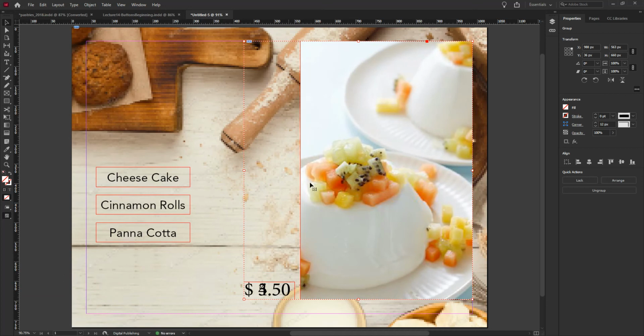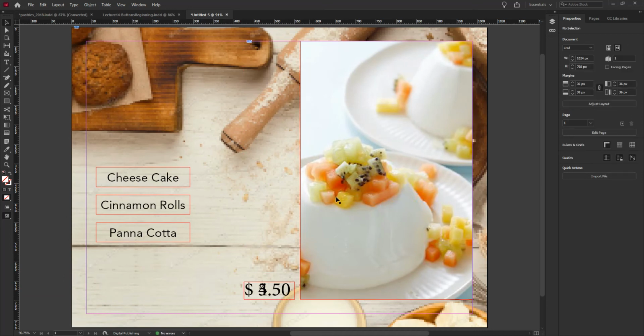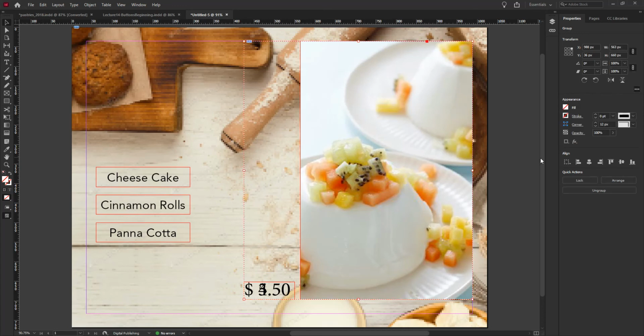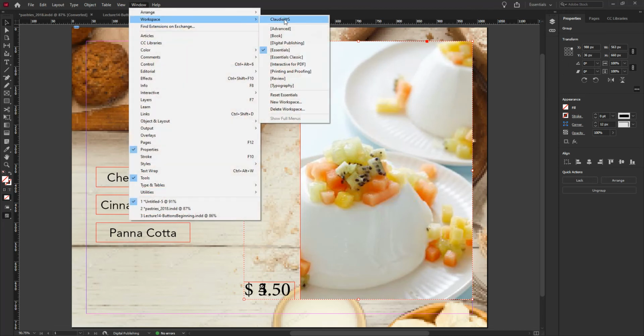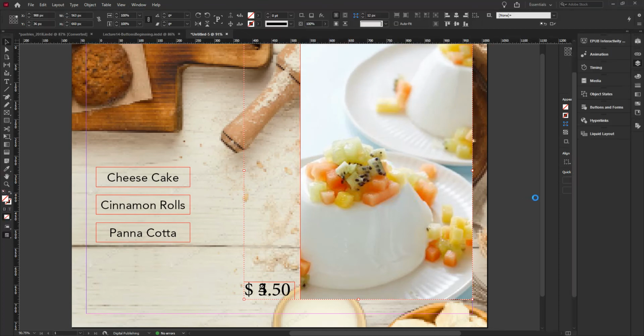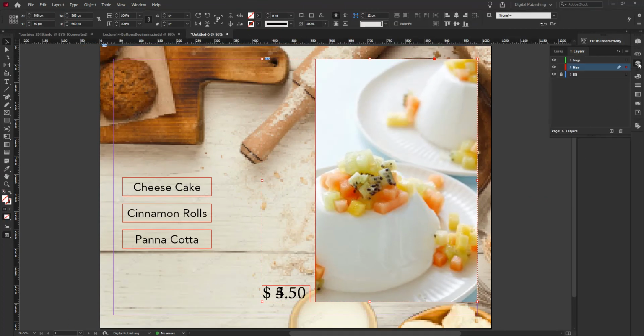Now that I have them all set up this way, I want to start making them buttons. This item here will be a button, and all 3 images will be buttons, and all 3 of these things will be buttons as well. Okay, with that done, I want to go back to my view workspace for digital publishing, and actually I want to move the items that I created here